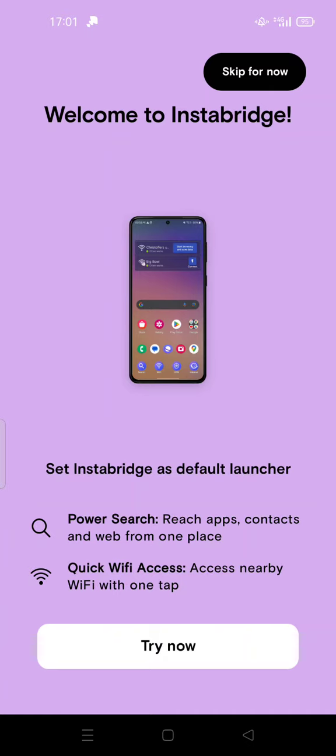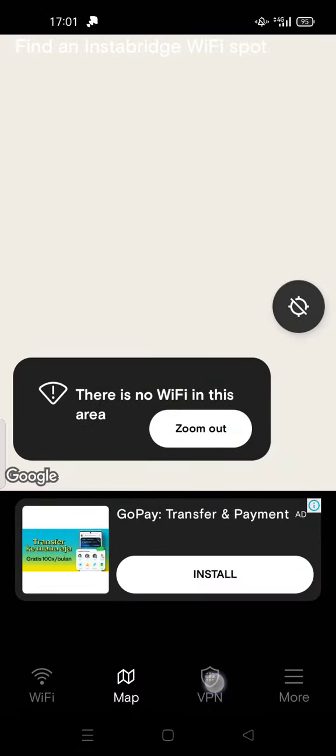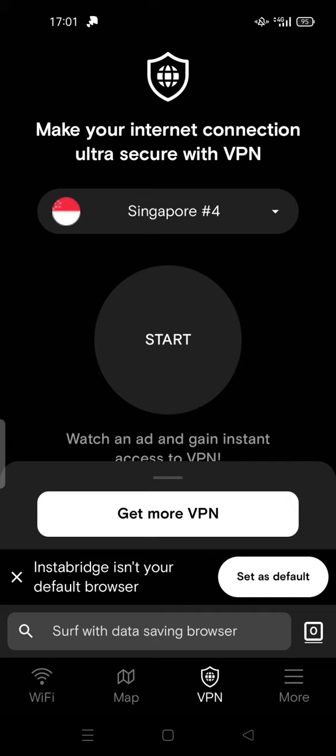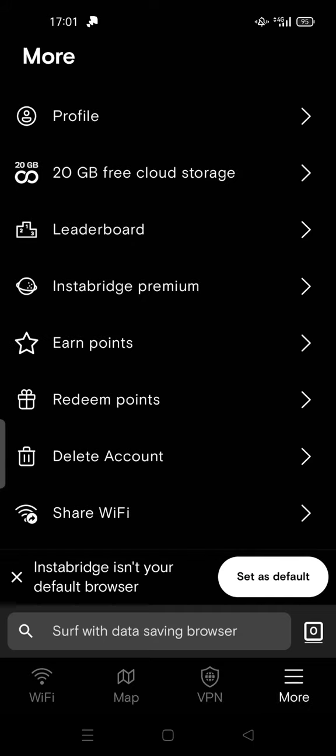I don't feel comfortable because my operating system launcher by default is very beautiful. It's very easy to use. So you can skip, you can close this. So you can use this VPN. You can change settings by more here, but